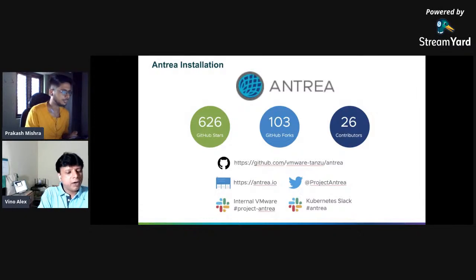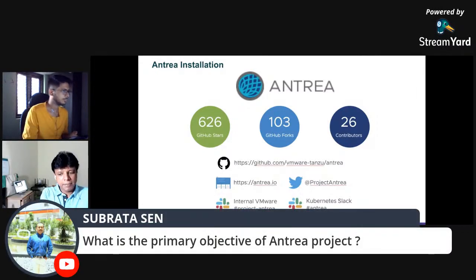The primary objective of the Antrea project is, one, the data plane engineering capability of some of the engineers, right? To help make it an open source project that will equally benefit communities. Also, as a project, its objective is, as I mentioned, to create a more lightweight CNI.